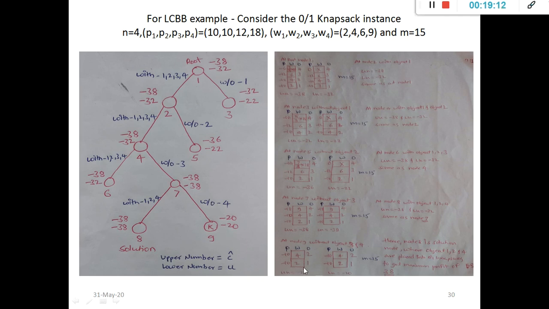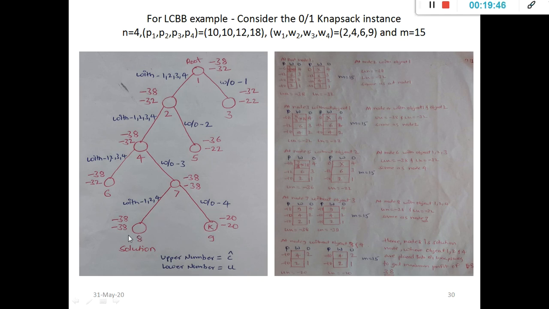The same you have to consider, and you will get the new values: only place object 1 into the knapsack, place object 2 into the knapsack, and you will get the maximum upper number as minus 10 plus minus 10 is equal to minus 20. Similarly, the lower number is placing only object 1 and object 2 into the knapsack, minus 10 and minus 10. It simply indicates that it is underweight. Being underweight, you can simply kill this node. In other words, simply apply the minimization technique here.